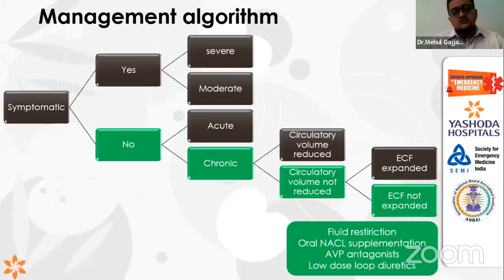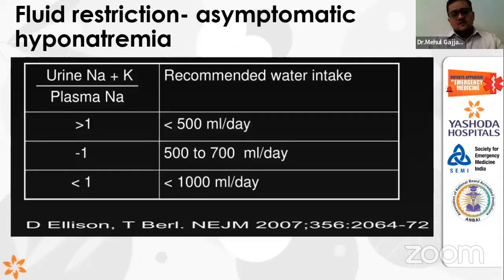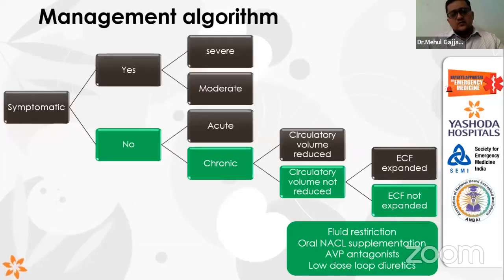You can also use AVP antagonists, that is the various kinds of Vaptans that are available. The commonly available Vaptan is Tolvaptan, the dose is 30 milligram on day 1 and 15 milligram or 10 milligram per day thereafter. You can also try a low dose loop diuretic here. One more thing is that